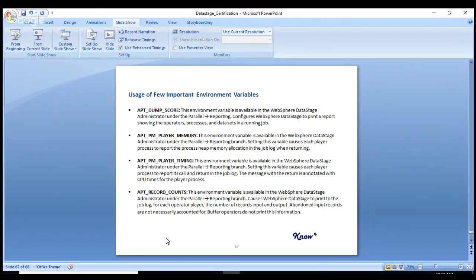APT dump score, again very important. It creates a job score that again helps you to analyze the performance of the job. So you can set this particular environment variable, and so on. There are some other environment variables also which would be helpful for you in understanding the various